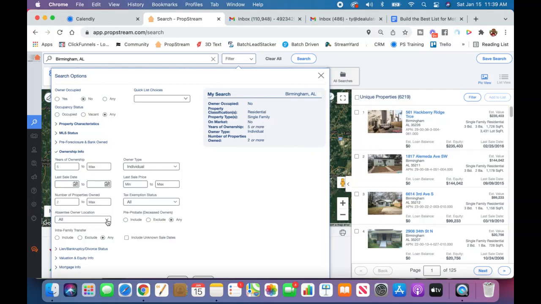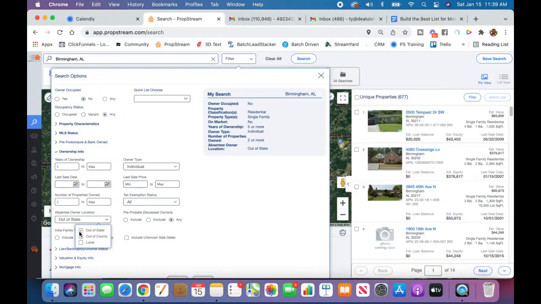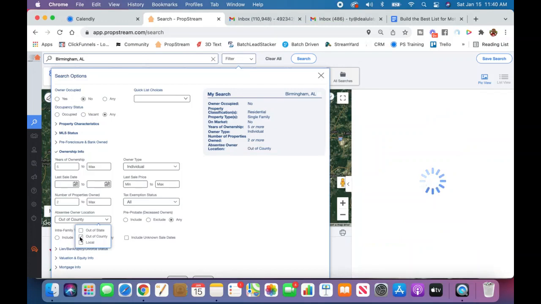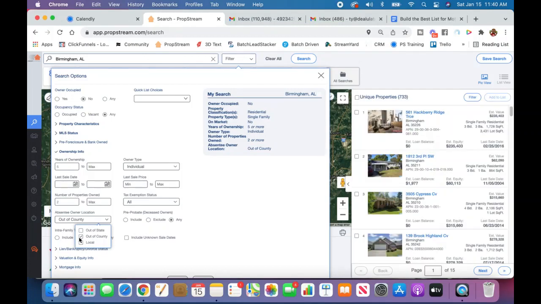All right. The other thing is absentee owner location. Now, you can just target only out-of-state owners. If I select that, boom, it reduces it down to only 677. Say I wanted to target people that live in the state of Alabama, but they don't live in the county where the property is located. So that reduces it down to